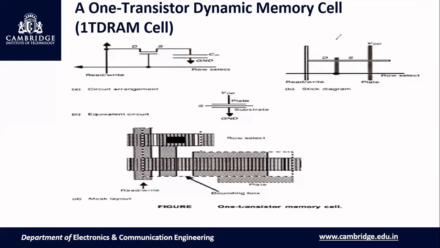I'll just repeat. This is diffusion. For drain and source we'll use diffusion, and the read or write line is taken from the drain. This is how we draw the diffusion. Then poly is required. Wherever transistors are required, you cross poly and you get a transistor. Here one transistor is there, and here one transistor, so for that I have crossed poly. And here a parallel plate capacitor is there.